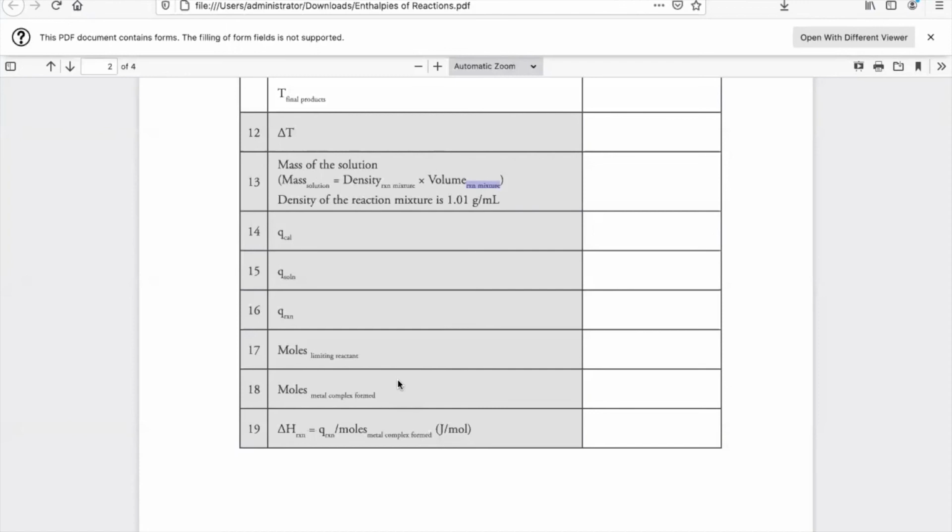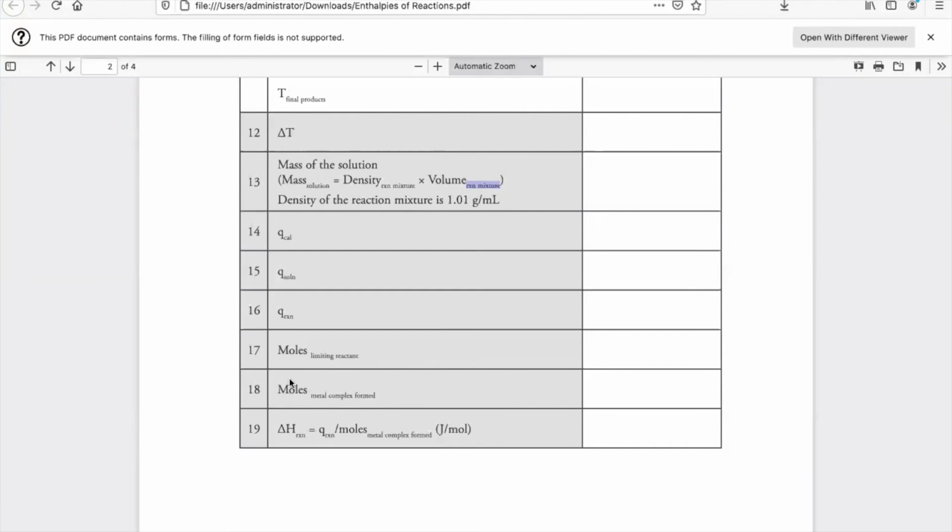Write that down, maybe in terms of moles. And then you say, if ammonia is the limiting reagent, how much of the product are you expecting to get? Whichever gives you less amount of the desired product, which is the copper(II) tetraammine complex, is your limiting reagent. And then of course you should be able to figure out